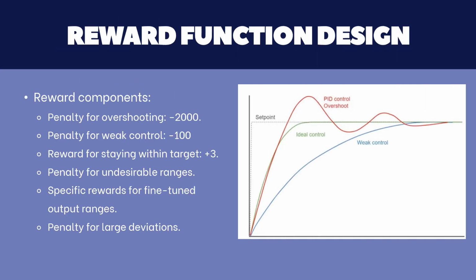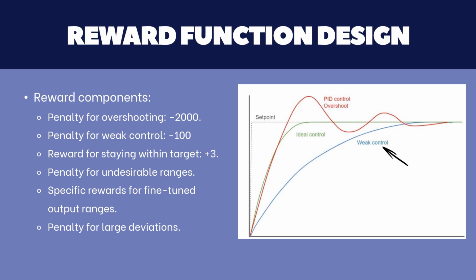The reward function plays a crucial role in guiding the agent during training. It acts like a teacher, providing feedback based on the agent's performance. For example, it penalizes overshooting when the agent goes too far beyond the target with a large negative reward. This is similar to what happens in PID control, where overshoot is a common challenge if the gains are not tuned correctly. It also provides small penalties for weak control, where the agent doesn't apply enough force to reach or